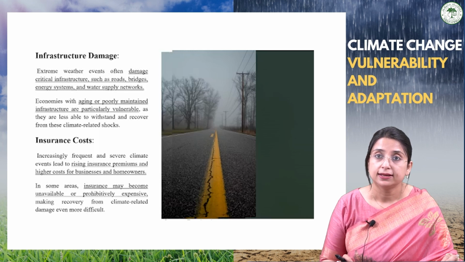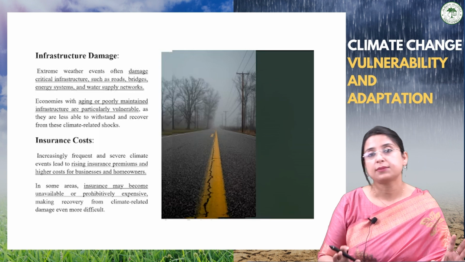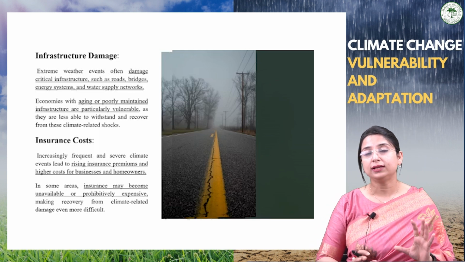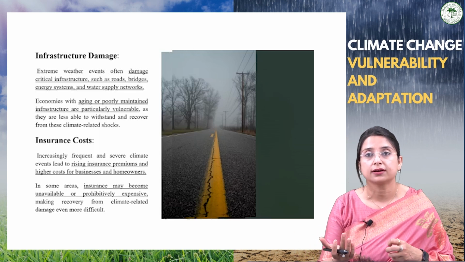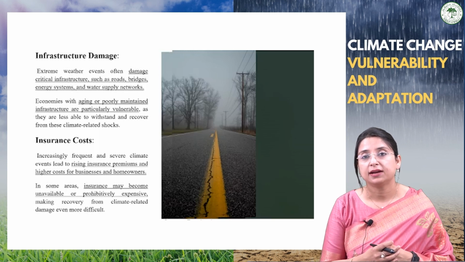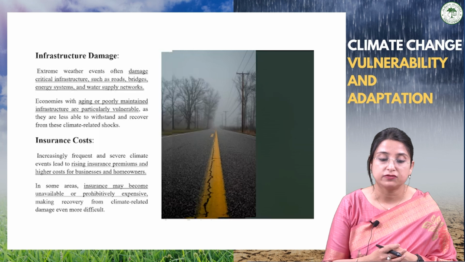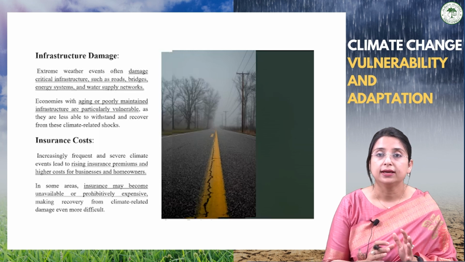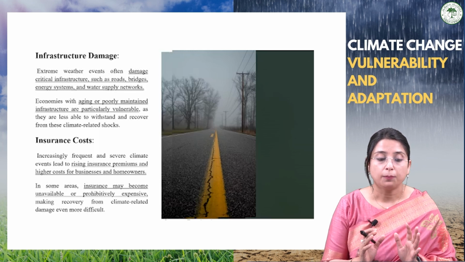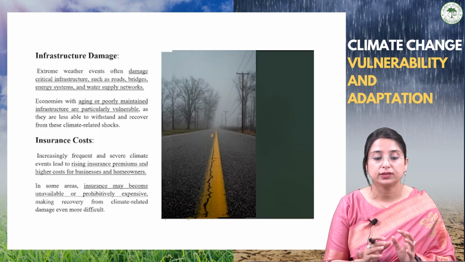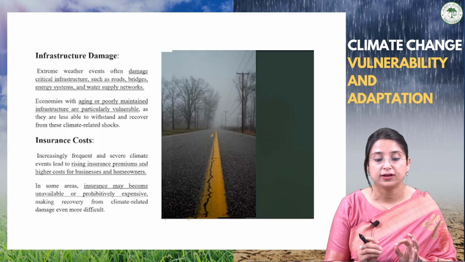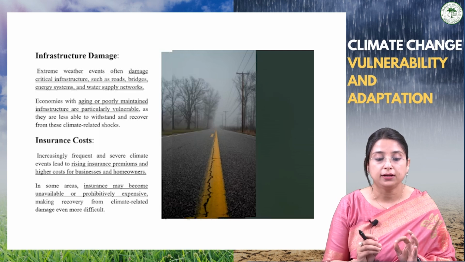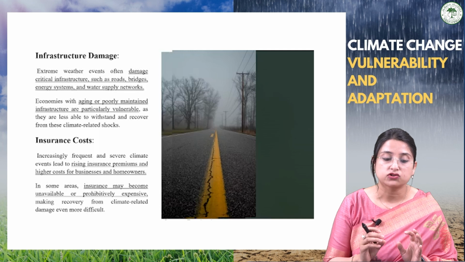Similarly, if we are talking about infrastructure damage, in terms of critical infrastructure like roads, bridges, energy systems, and water supply networks, if damage to this type of infrastructure occurs, not only is the particular infrastructure damaged, but the related activities get disrupted. For example, if the road bridges are damaged, then there may be disruption in transportation activities. So that's why this infrastructure should be properly maintained and constructed with strong material. Economies with age-old or poorly designed infrastructure are particularly vulnerable to withstanding certain extreme events or